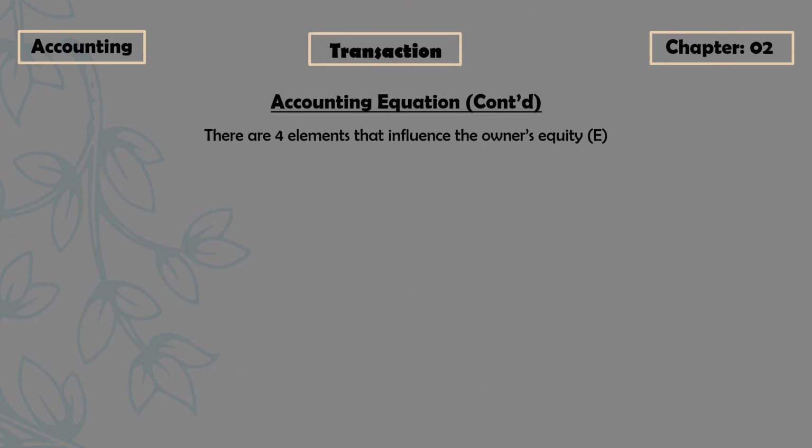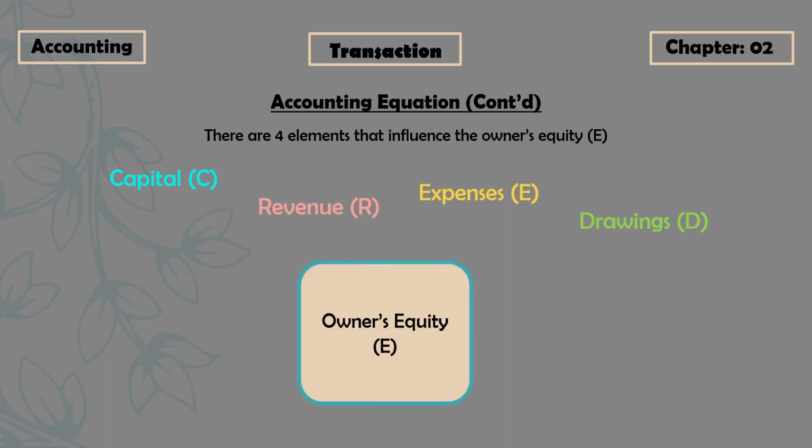Accounting equation continued. There are four elements that influence the owner's equity, E. They are capital, revenue, expenses and drawings. Now we will see how these four elements influence owner's equity. Here is owner's equity, that means E. Here the upward arrow means increase,